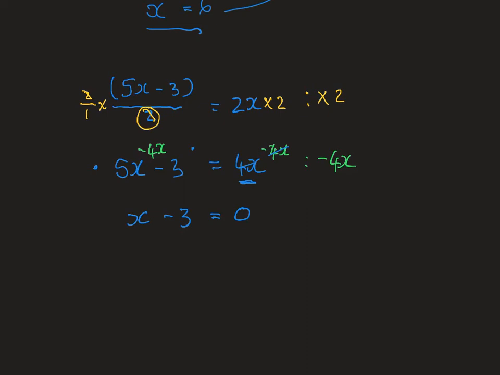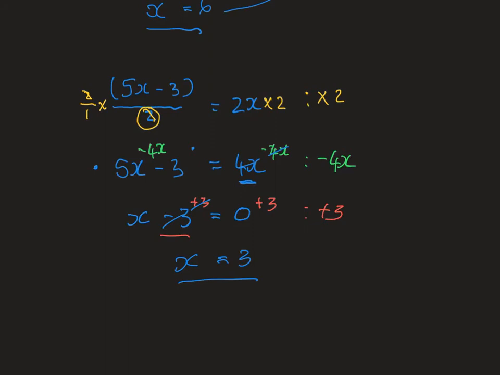show the 0. The very last step, of course, is just to add 3 to both sides to get rid of the negative 3. So minus 3 plus 3 is 0, and x is equal to 0 plus 3, which is